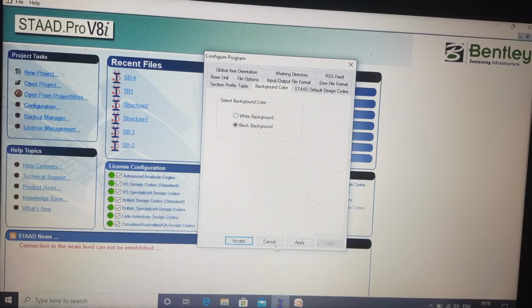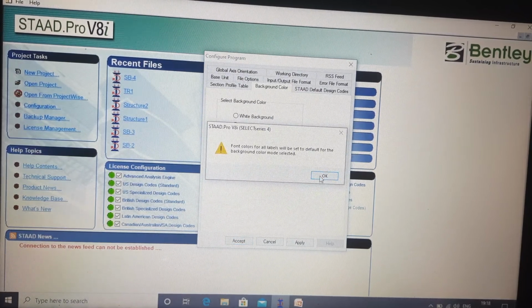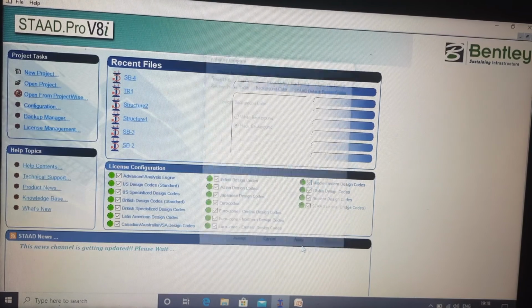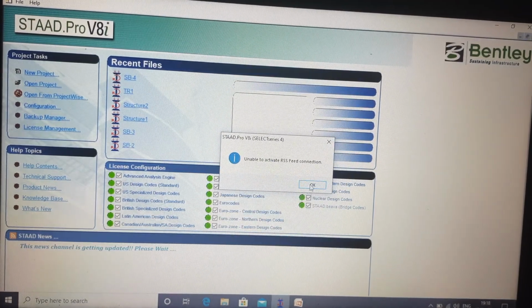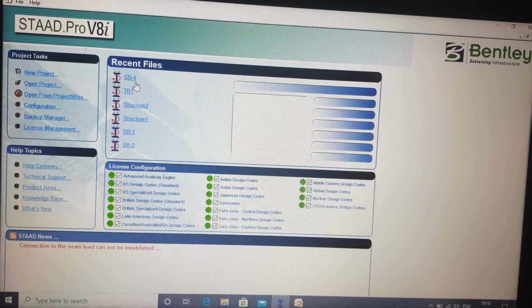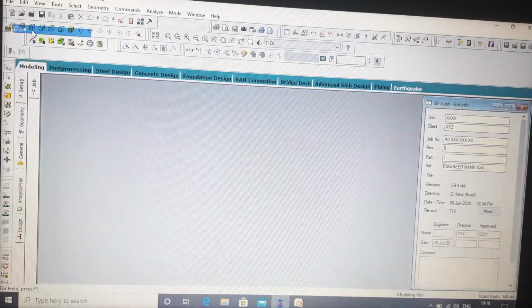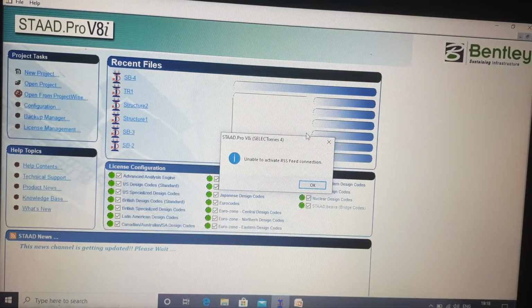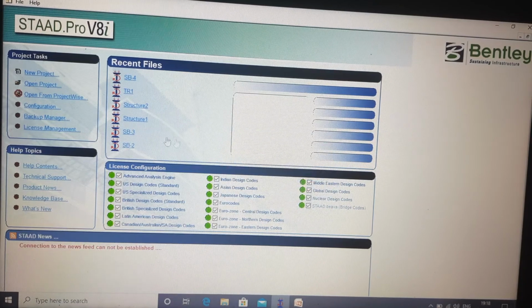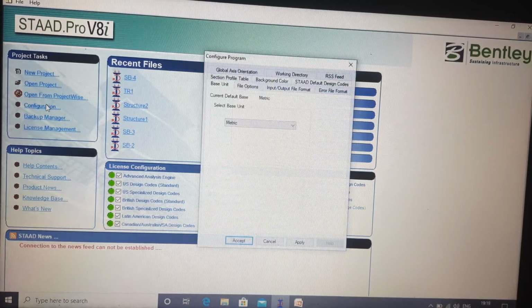If you accept and apply, and let's click on your file, you will see this background color has changed from white to black. This is the implication of that particular configuration. Now go for the next part.